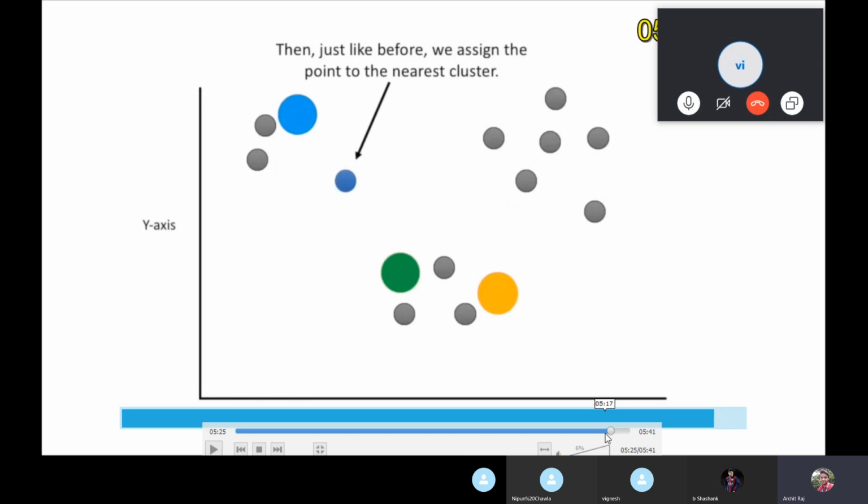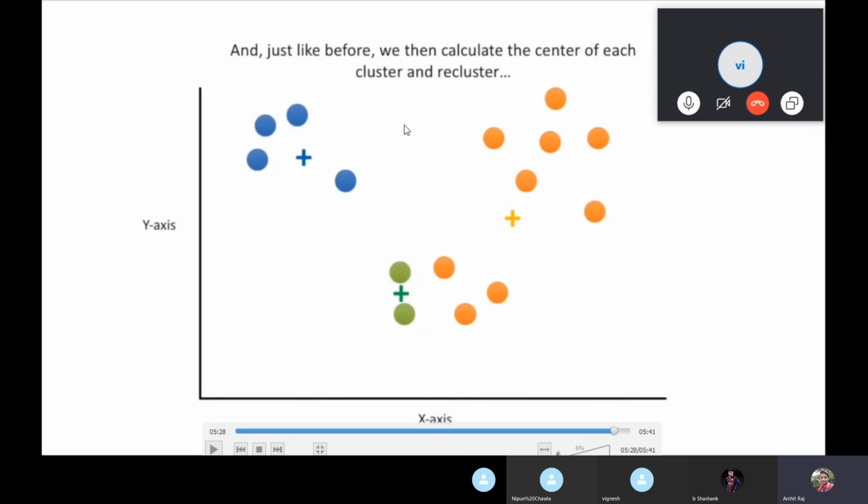The first step, what happened? We have some points. It has been clusterized, like it has been assigned to a cluster, and after the centroid has been found, we found the distance again, and the points changed the cluster. So till the time that points are changing the cluster, you're going to continue this iteration.